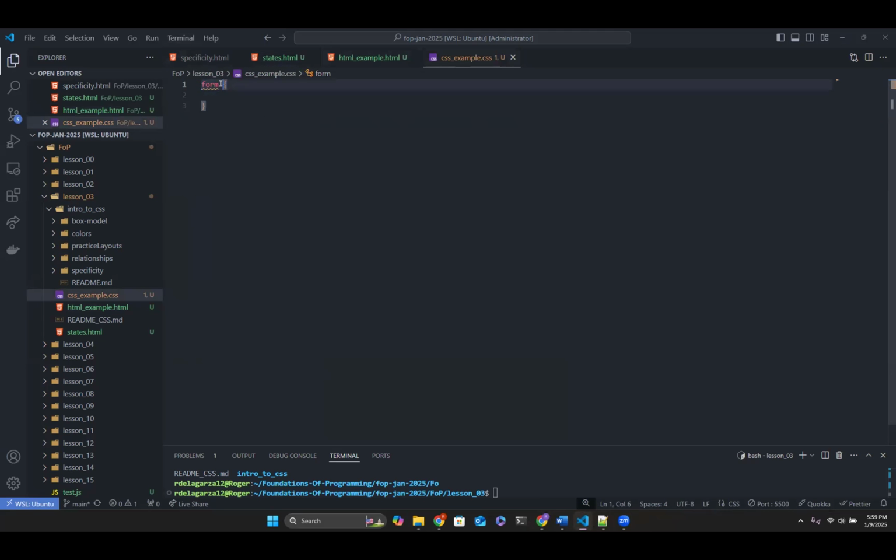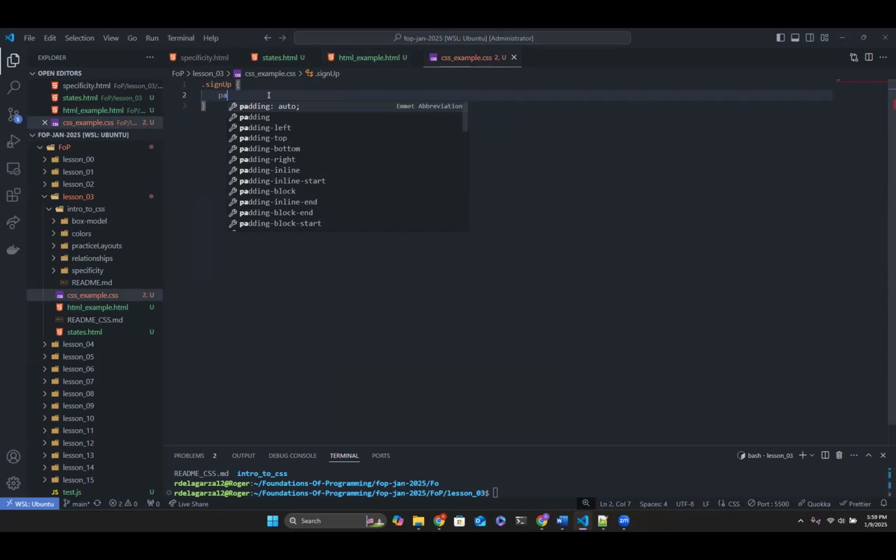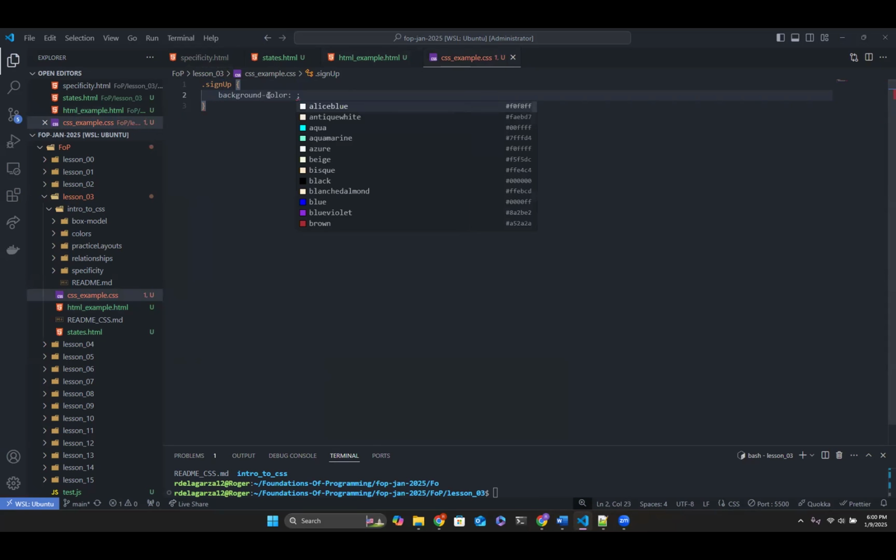So back to our CSS document, I'm going to say dot to let it know it's a class, and then pass in the class name, which is sign up. And let's go with background color. Background color is going to be red.